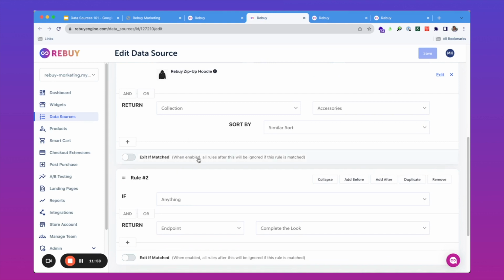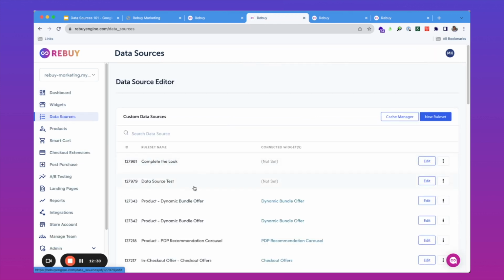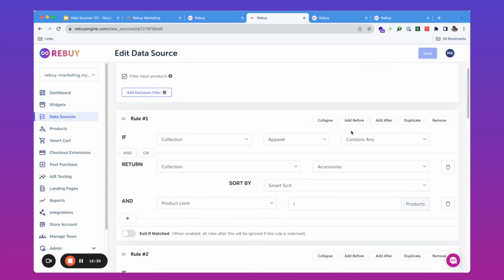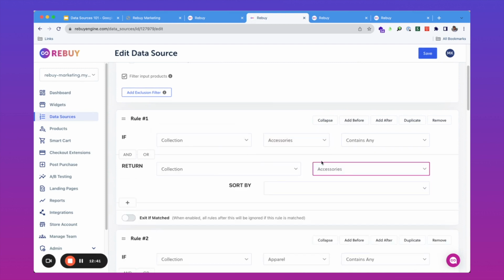But for the most part, it's cool to know you can do it. Going back to our data source that we were just testing on, I want to offer a couple more tips and tricks. If you're going to be offering collections, it's tough to see in the screen recording here, but if you're going to be saying, I want my collection to always be returned with others from its collection, be it accessories, if you had specific outfits that lived in their own collections, one easy way